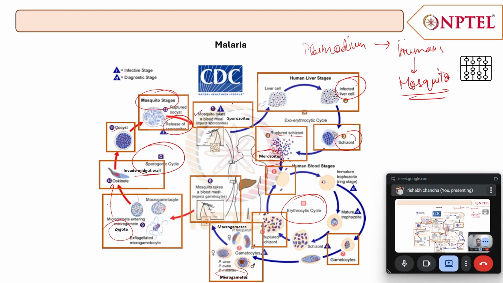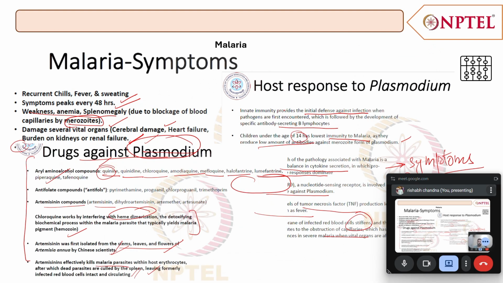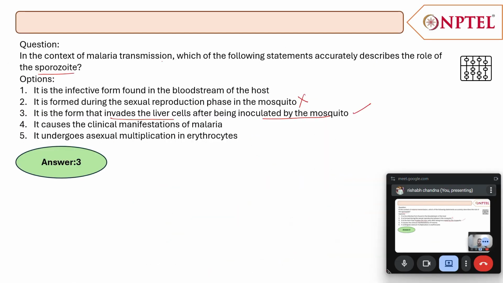in this case. So the sporozoites are the main forms that are injected by the mosquito into the human body. They then infect the liver cell, where they multiply, grow in number, and then move to the cytosol. After growing into merozoites, they will now affect the RBCs. So the correct answer would be option number 3.